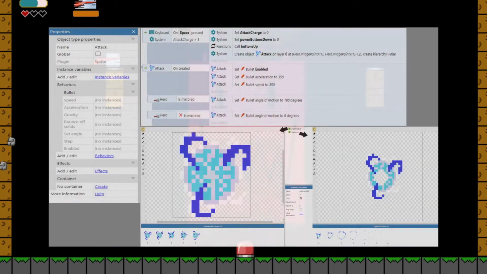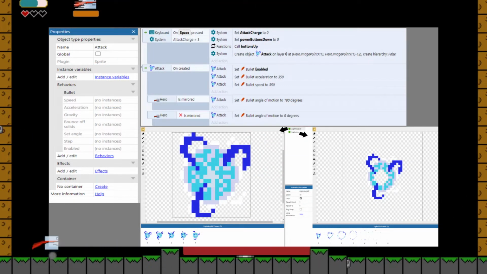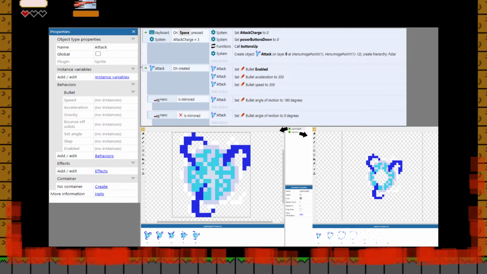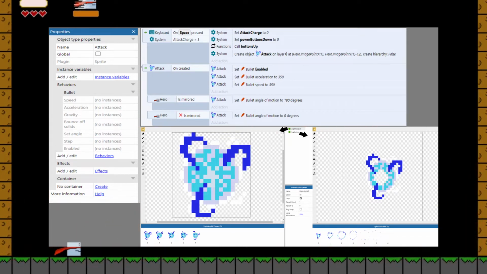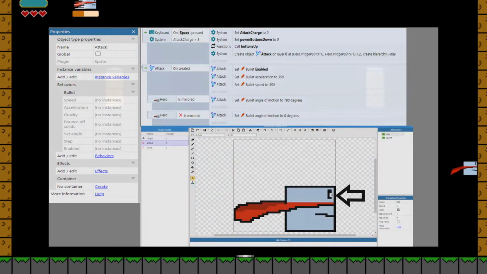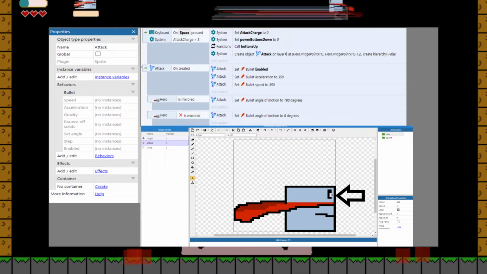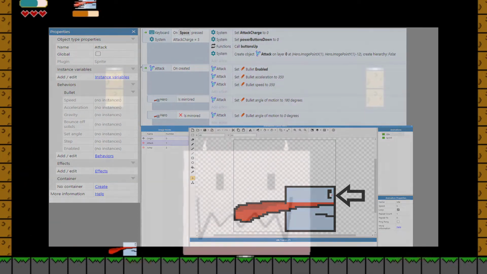attack. Looking at our attack portion of the code, pressing space and having attack charge equal to 3 means I touched all 3 power buttons. It's just a separate check to verify that you're ready to attack, and if you do that, it's going to reset both attack charge and power buttons down all the way back down to 0. Call the function buttons up and create my attack object, which is at my hero's image point 1, which I made specifically for the attack to come out of, just so I have a set spot for my attack to